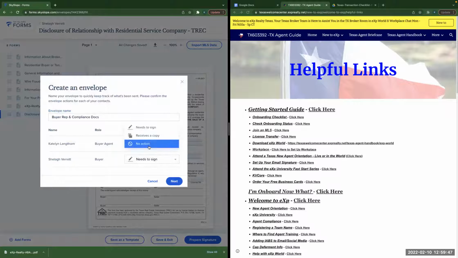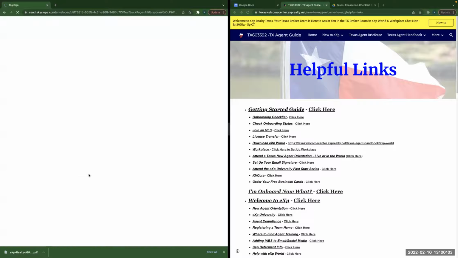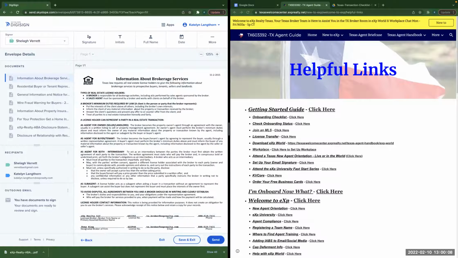She needs to sign, but I also need to sign. So I'm going to change mine to needs to sign. And then I'm just going to hit next. And it automatically brings us into the digital signing section, okay? As it thinks about it. Okay, so it's got all of our